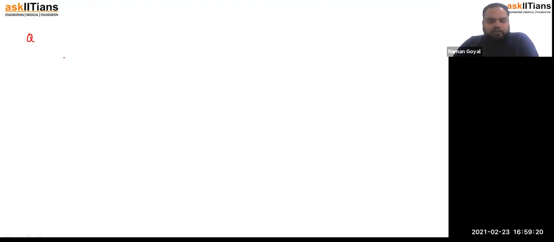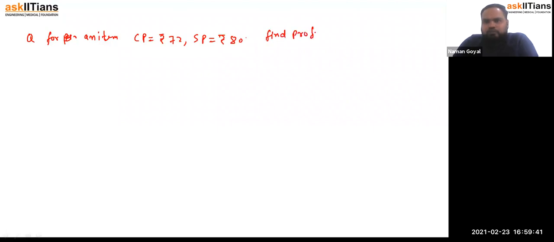Now for a particular item, if CP is rupees 72 and SP is rupees 80, then find profit percent. Find profit percentage. So if you see SP is greater than CP, then it is sure that we make a profit, isn't it? So profit percent